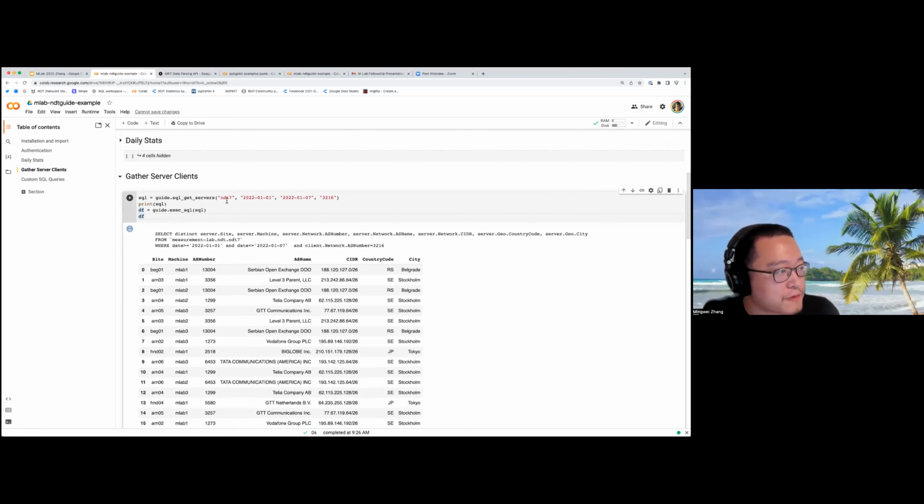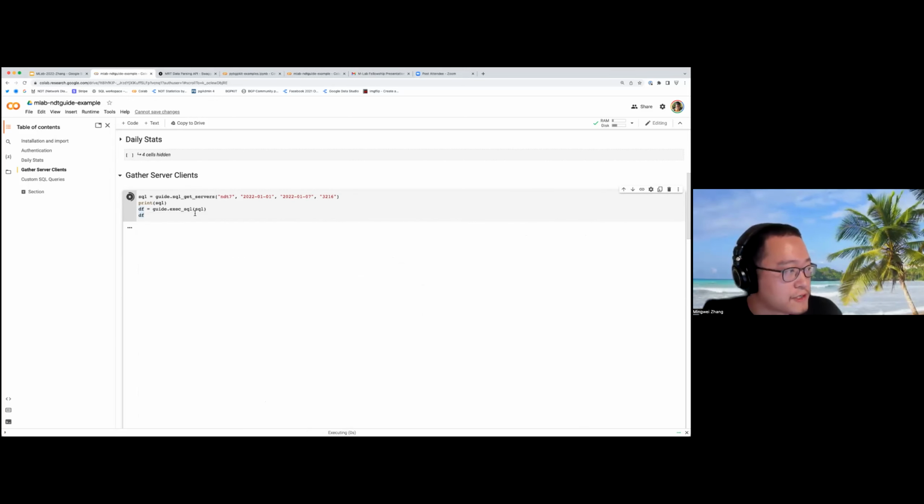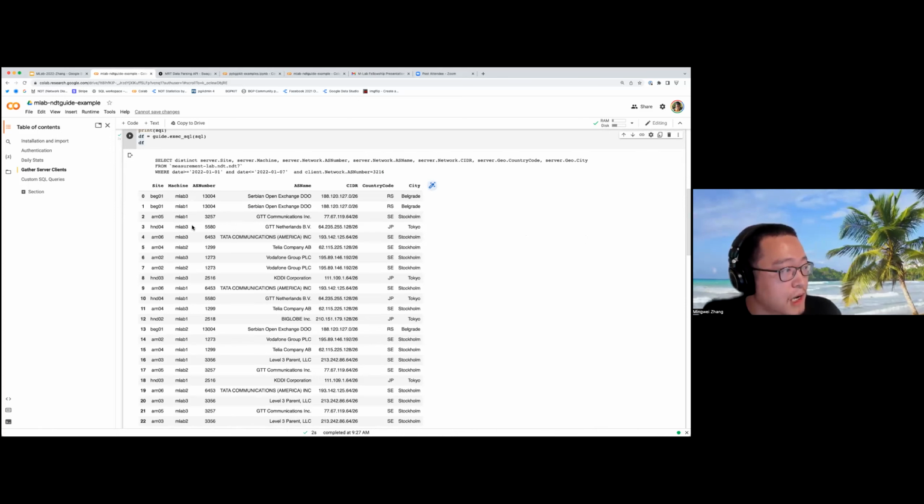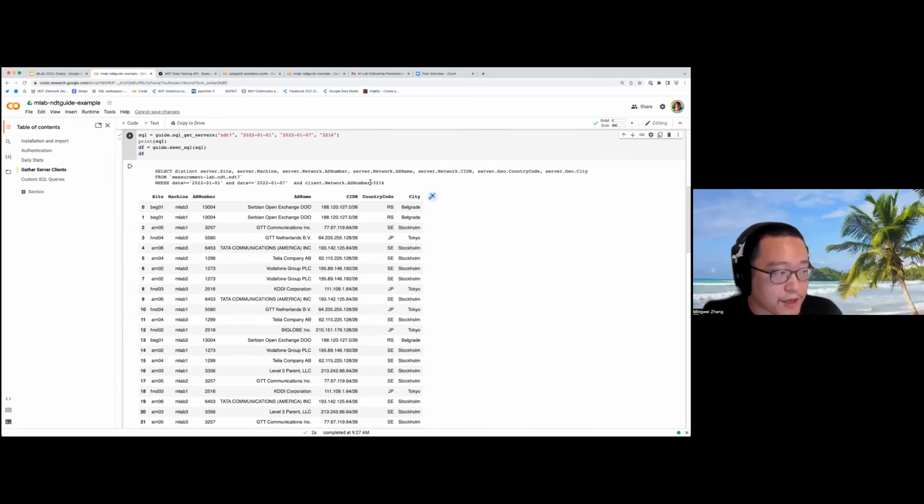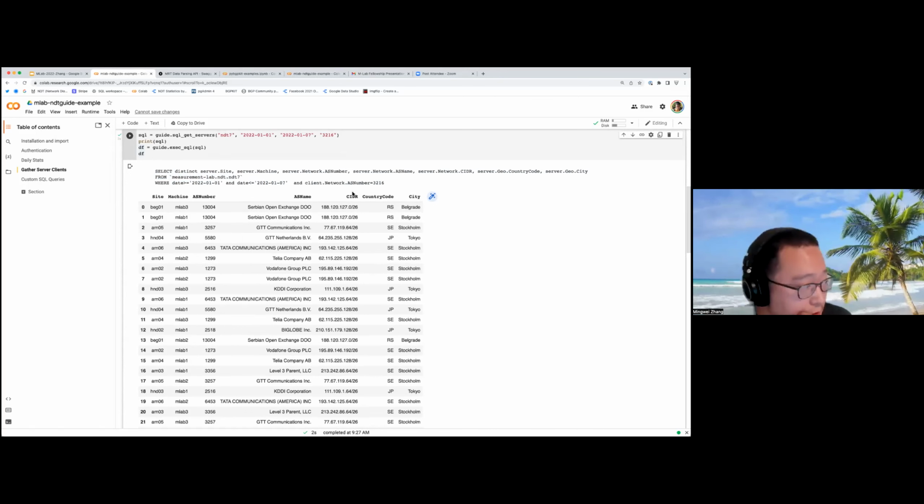And for this example, I'm going to show you how to get all the NDT servers that are being used during a time frame by any clients within the network. That's the one I'm showing you here. If you look at the raw SQL, the filtering is pretty simple. It's filtering by dates and also by the client's network ASN. There's also a way to call this function by the client network's country if you want.